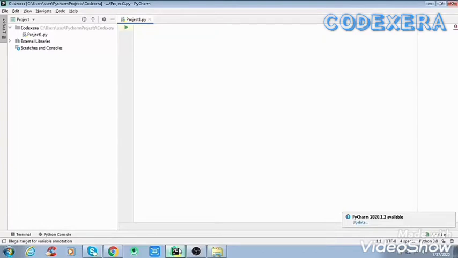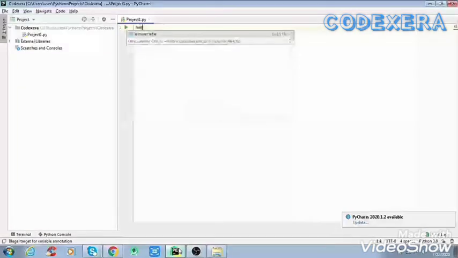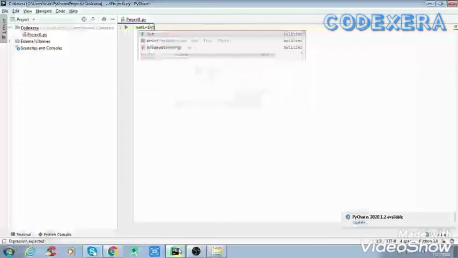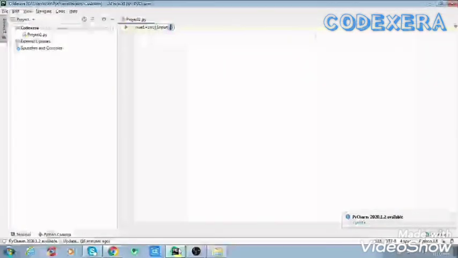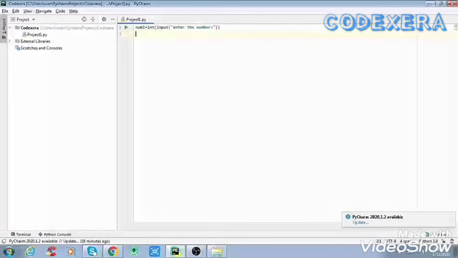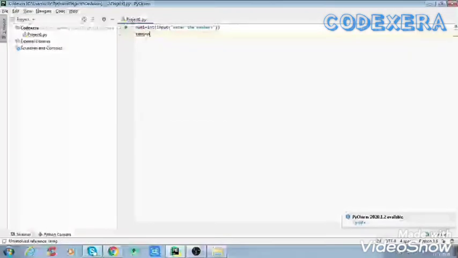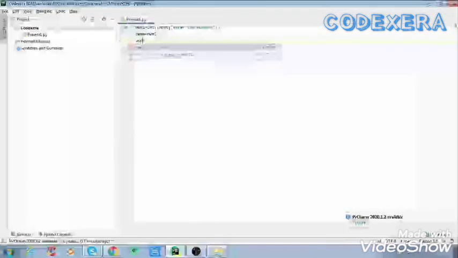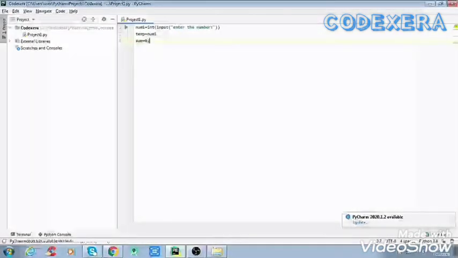The first thing we'll do is take a user input, an integer input, and store it in a variable, num1. So I will take an integer input, and here we'll write "enter the number". So the user will input a number, and after that we'll store this input in one temporary variable, that is temp. After that we'll write one more variable, that is sum. I will show you why this is needed.